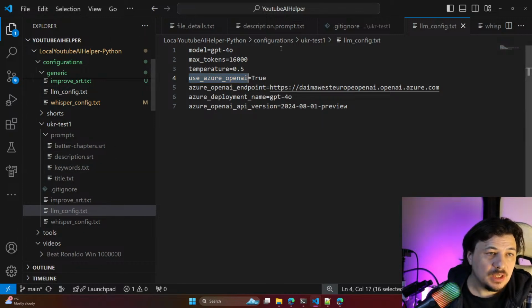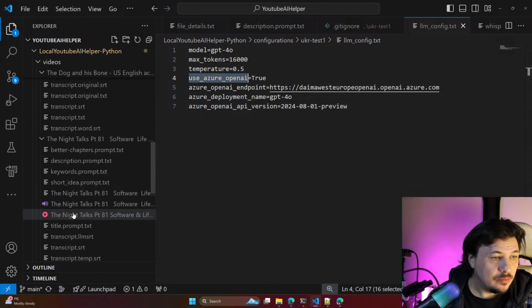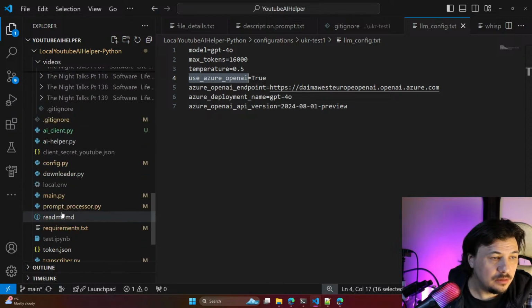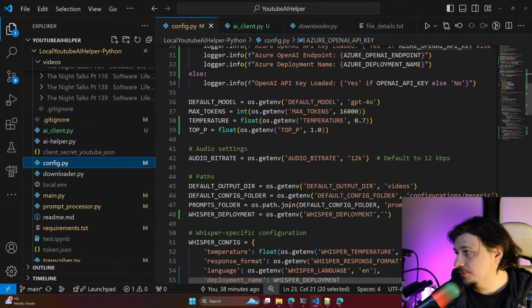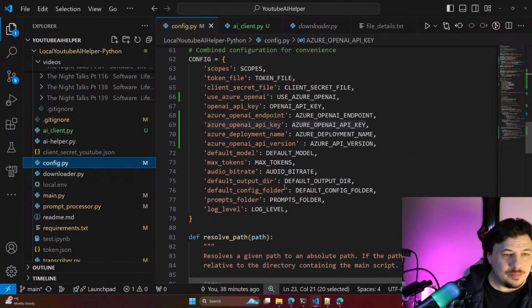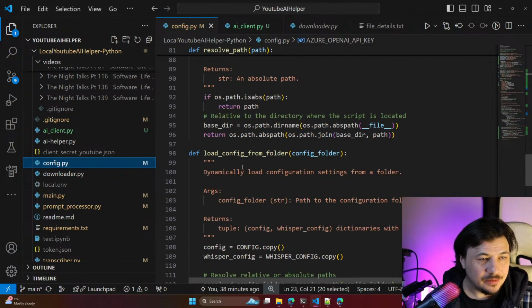So let's try to add more things in config. Again, it's become quite big, but okay.